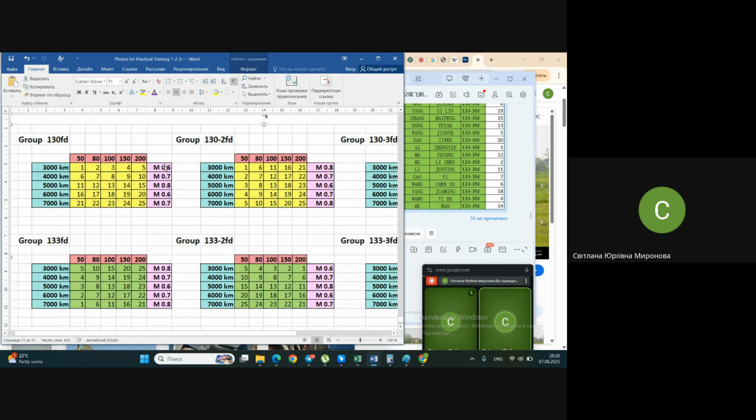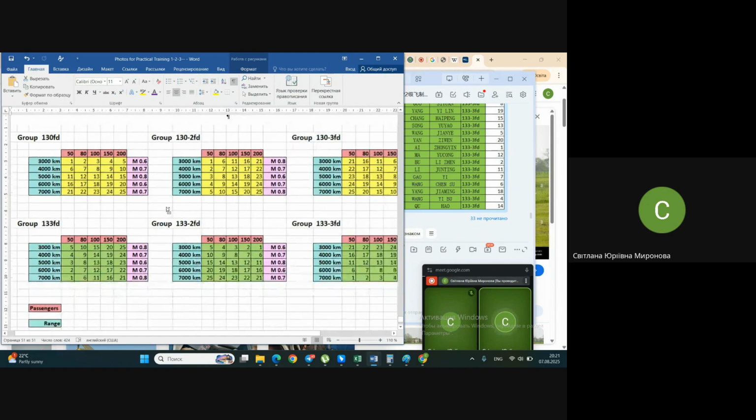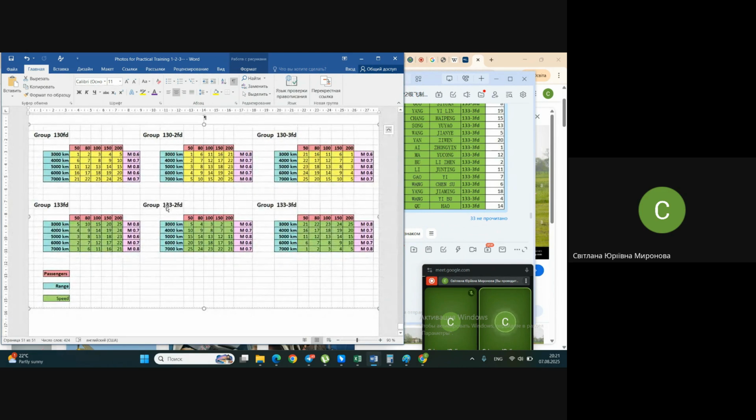Additionally, I added here the Mach number. Like we have seen for instance number 5 here with Mach number 0.8. Number 5 in another group will have another amount of passengers, another range, and another Mach number. 126 persons, how to supply you with different variants? You understand, it's a practically unbearable task. There is no such variety of